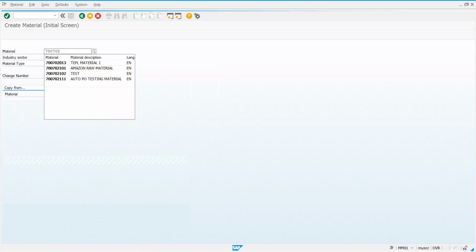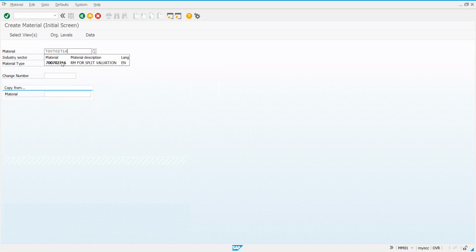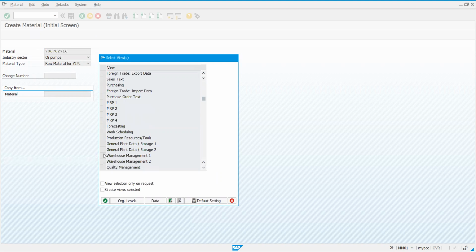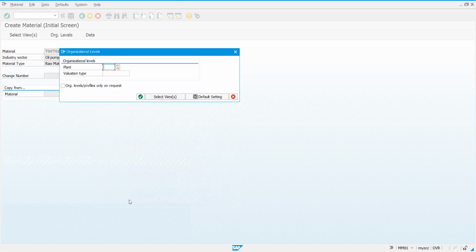Yes. I went wrong in selecting the view. I should select only accounting 1 view. Now organization level, plant YIBP.